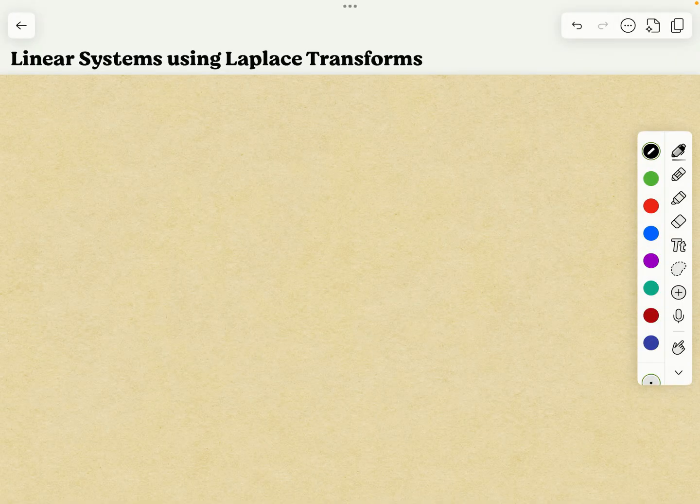In this video, we're going to go over how to solve linear systems of differential equations using Laplace transforms. So we've spent some time going over how to solve the homogeneous system with constant coefficients. You use the matrix exponential. But sometimes you have